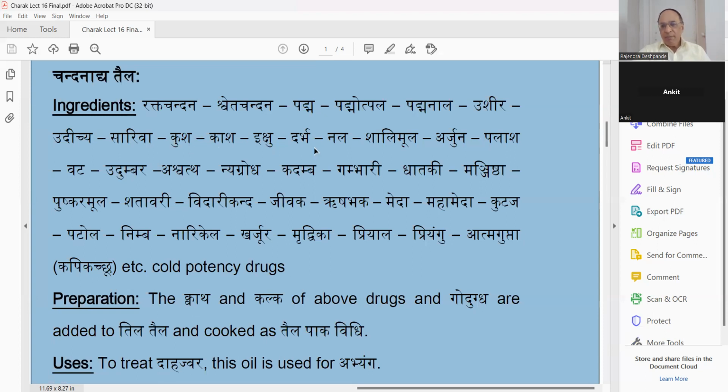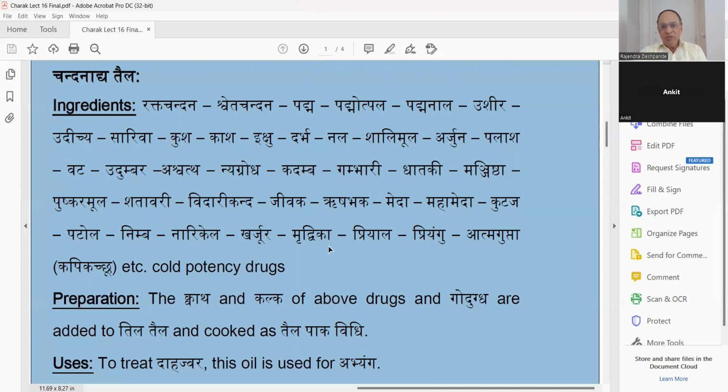दर्भ, ये पंचतृण कह सकते हैं हम। नल, शालीमूल, अर्जुन, जब फीवर हो जाता है तो हार्ट को भी कभी कभी क्षत पहुंचती है, तो इसके लिए अर्जुन उधर कार्डियक टॉनिक जैसे बना हुआ है। पलाश, वट, उदुम्बर, अश्वत्थ, न्यग्रोध, कदम्ब, गंभारी, धातकी, मंजिष्ठा, पुष्कर मूल, ये प्लूरसी में बहुत अच्छा काम करता है। पुष्कर मूल, शतावरी जो हमारी मसल्स की ताकत बनाए रखता है, हमारी शुक्र धातु तक उसकी एक्शन है। विदारिकंद, जीवक, ऋषभक, मेधा, महामेधा, कुटज, पटोल, निम्ब,